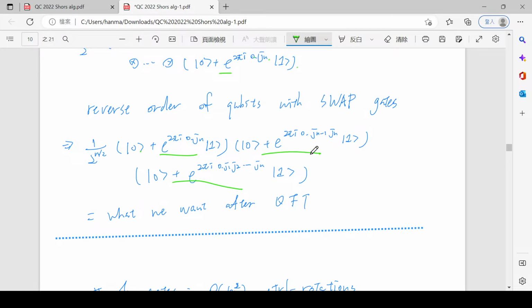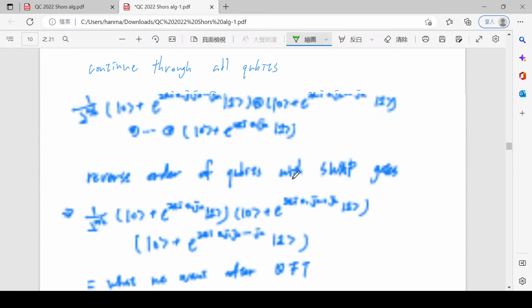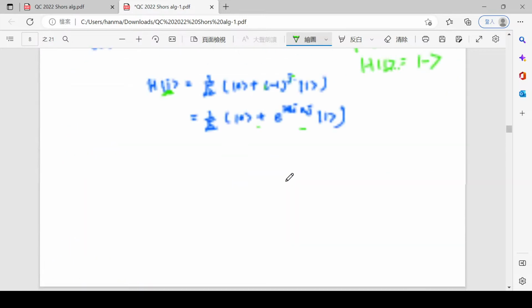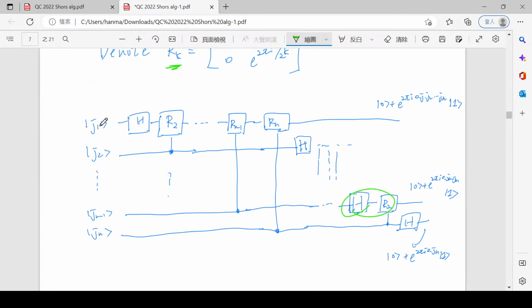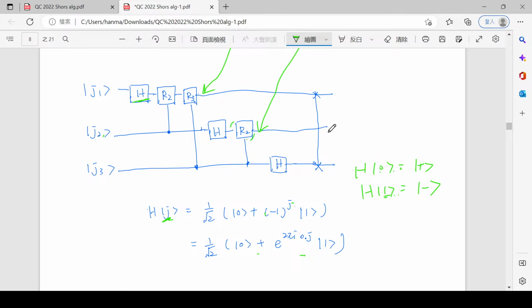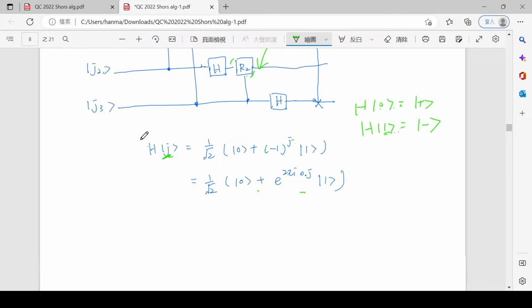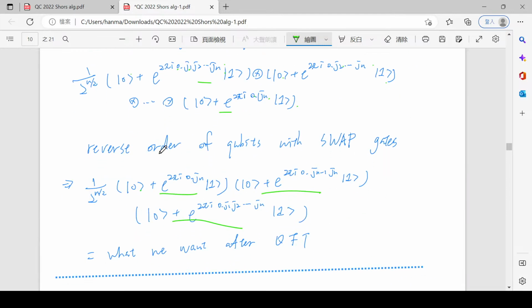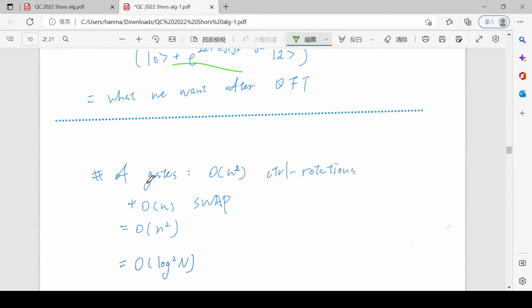Okay. So this is our circuit for doing the quantum Fourier transform. Let's look at this one again. It's quite annoying. Maybe this is easier. So this kind of circuit is what we want to do for the quantum Fourier transform. Then we say it's efficient, so let's count how many gates we are using. And that's very easy, right? So the number of gates is